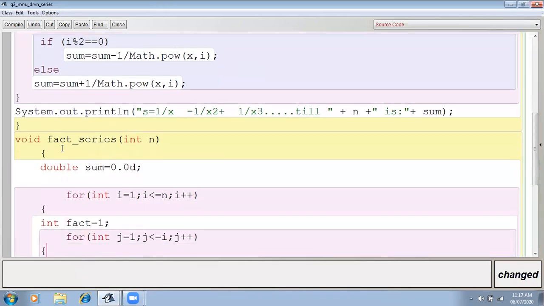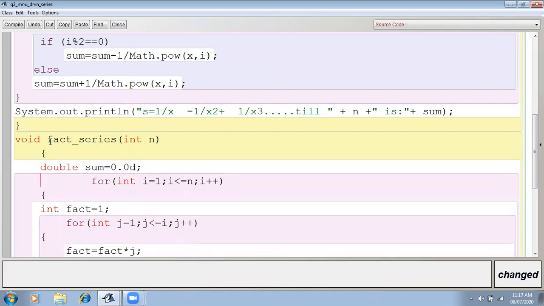So here I have given this the name fact series. Now double sum, for int i till n as the user wants. Then int fact equals 1. In the inner loop, int j equals 1, j less than or equal to i.